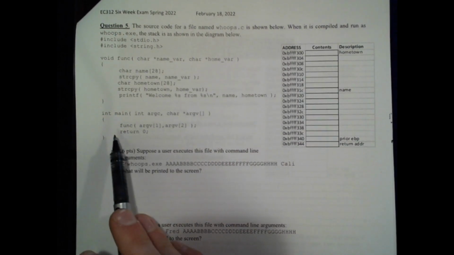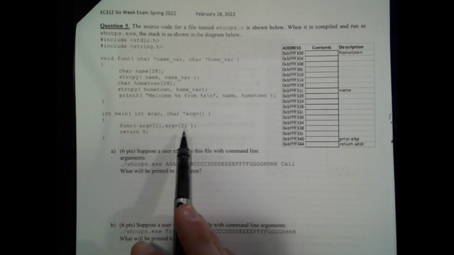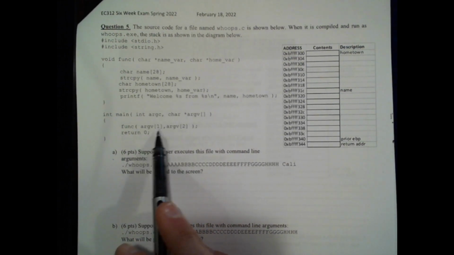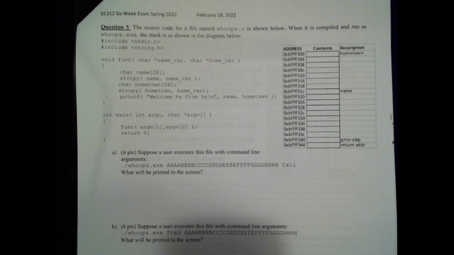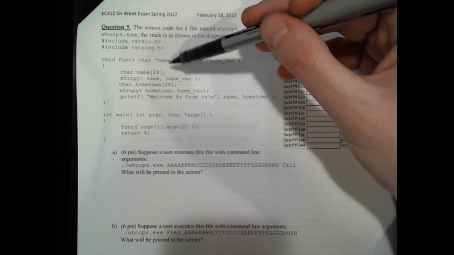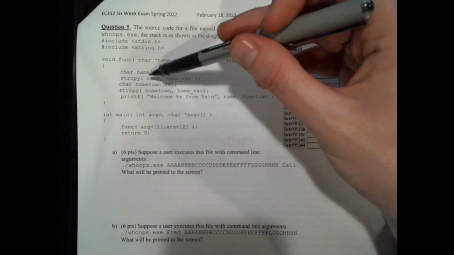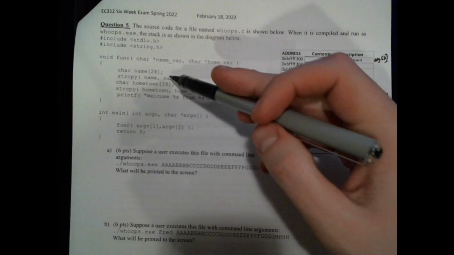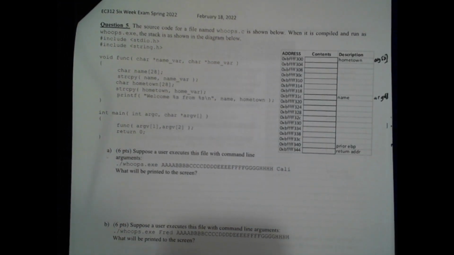And if we look at what this does, we call func with argv1 and argv2. So those are command line arguments. They're going to be passed in as strings, and we're assuming that they're being passed into this function as pointers to characters, and then they're being string copied from name var, which is argv1. So the first argument is going into name here on the stack. So we can maybe label that this is argv1, and then the second one is going to be argv2 up here. That's going to go into hometown with this string copy. So just analyzing the code a little bit to understand what's happening and have a better idea for later on